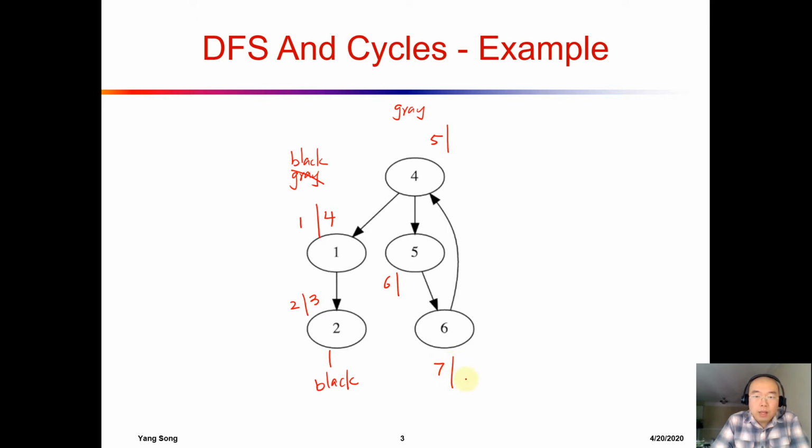And then from the 5 we can go to the 6, so now it is 7. Okay, now we have the problem. Now this 6 can go back to a gray node. So number 5 is a gray, and number 6 is a gray as well. So from one gray node, we can go to another gray node, and then we can say, okay, as long as we see there is such an edge, going back to a gray node, there is a circle. So if we only want to return true saying there is a circle, then that is the right time, and we can simply return true, saying we have already found a